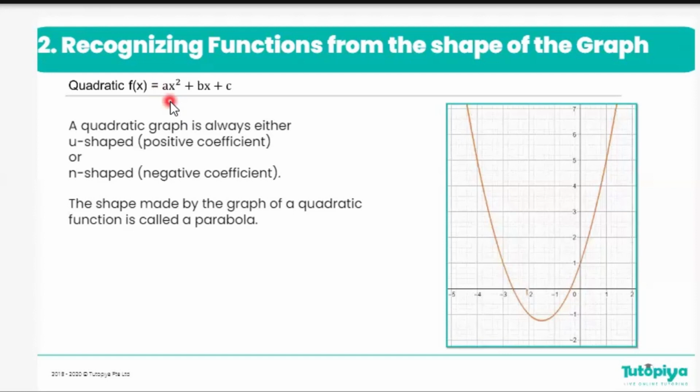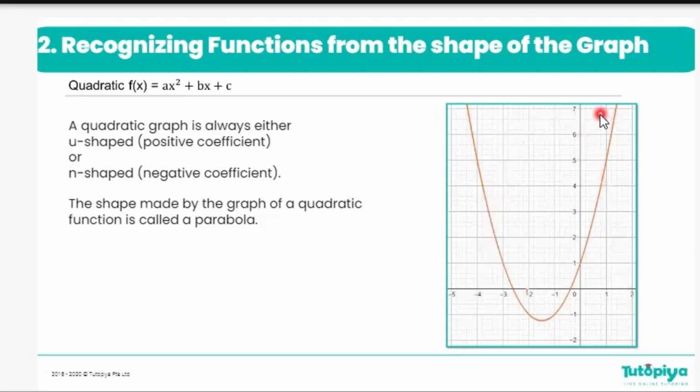If the value of a is positive, then we say the graph would be a U-shaped graph, which is a minimum graph. And on the other hand, if the value of a that we have is negative, then we would instead get an n-shaped graph or maximum graph, which would look something like this,